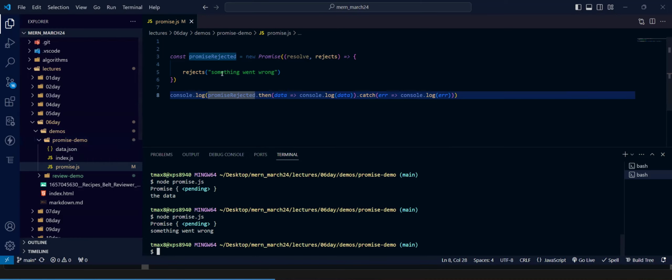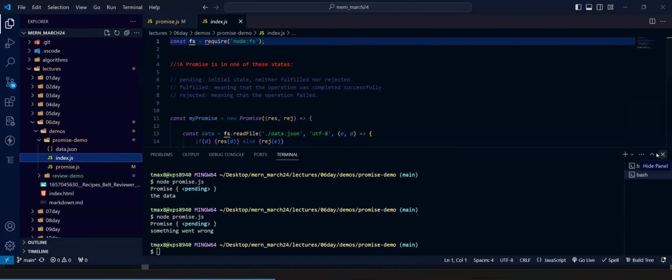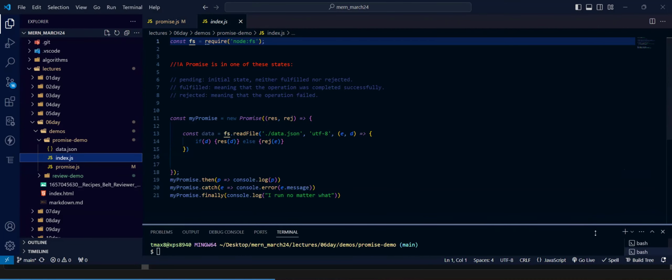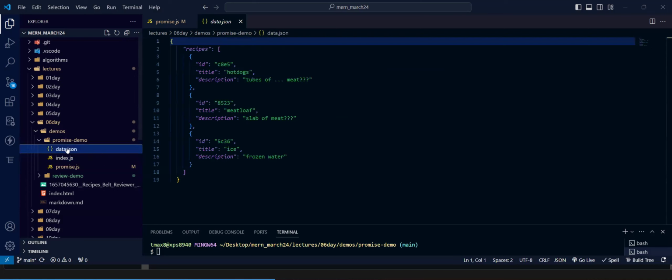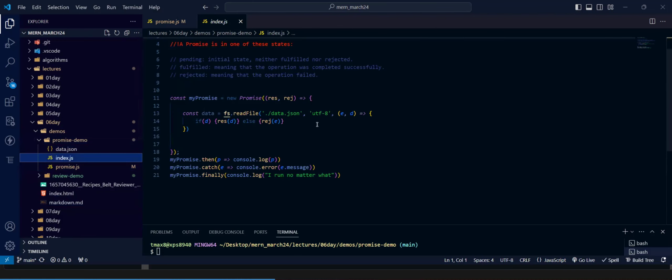Okay. So this is sort of esoteric, I think. We're not really going to be writing our own promises. So what I have here is an example of a real use of a promise. I have a file here with just data in it, right? So I just have a bunch of recipes. And then inside of my promise, I'm trying to read the data from that file. So don't worry about the read file.